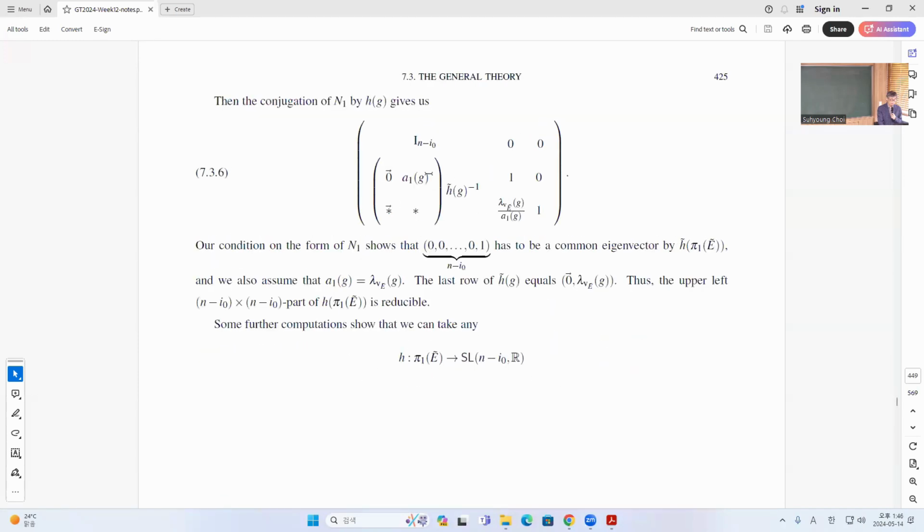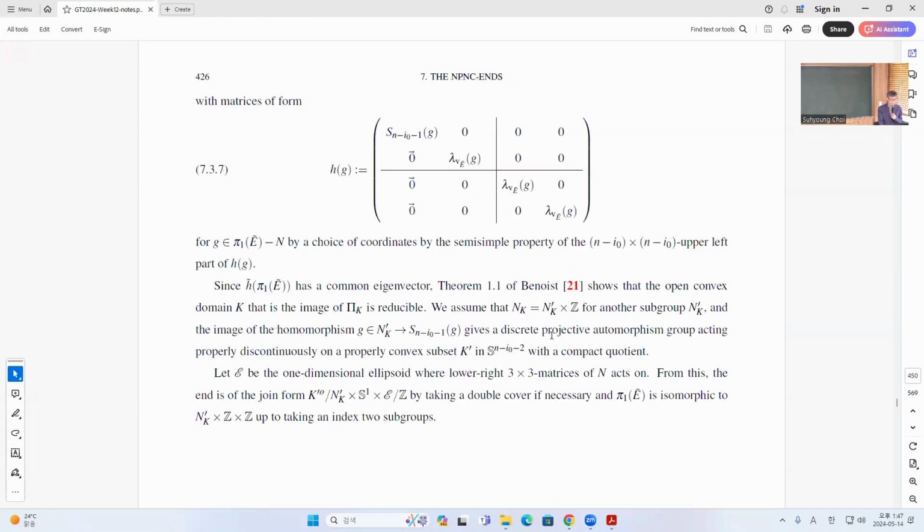Because of that, this means that this row has to be preserved under this action here. So this has to be some common eigenvector of this group. Okay, so a common fixed point, and